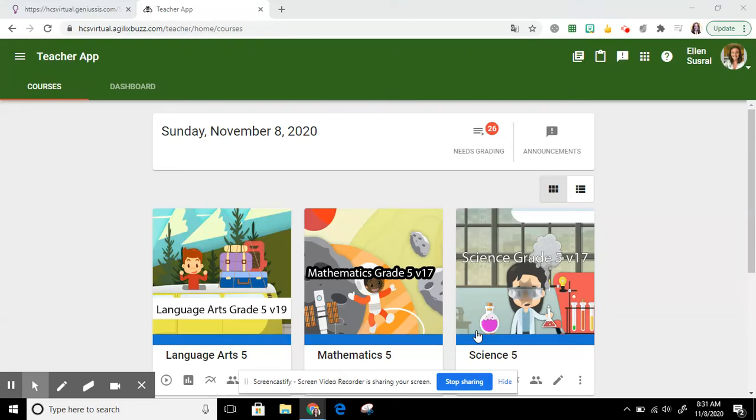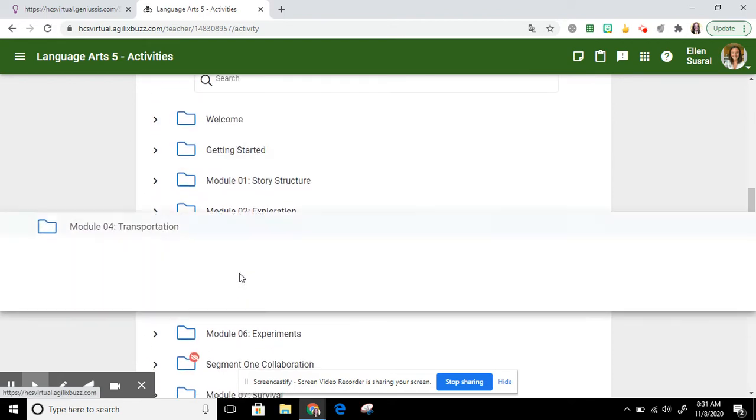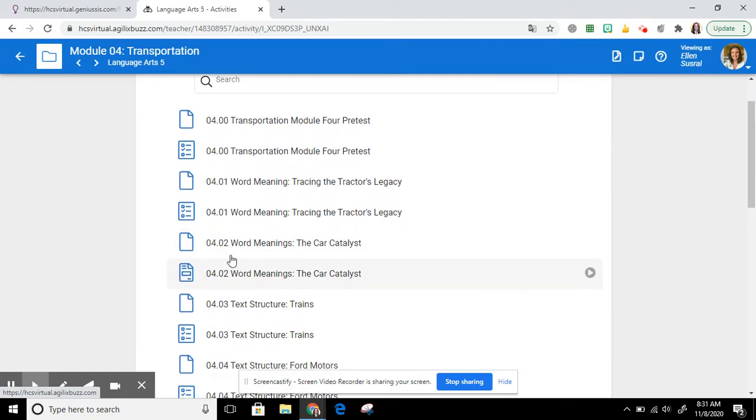Hi, boys and girls. We're going to go over how to find, complete, and where to turn in your lesson for ELA, lesson 0402. So to start, I'm going to go to the Language Arts course. I'm going to go to Module 4, and we're looking for lesson 0402. I'm going to scroll down, and I'm going to click on the lesson icon, which is the blank page icon,